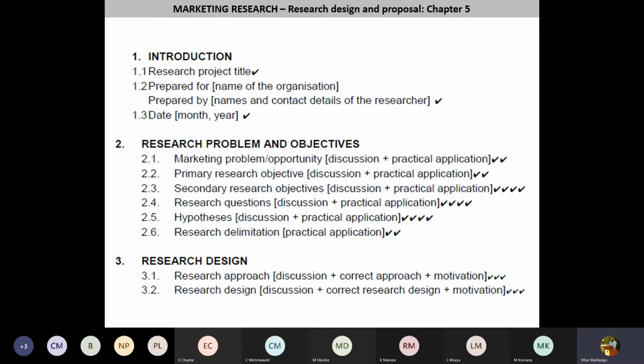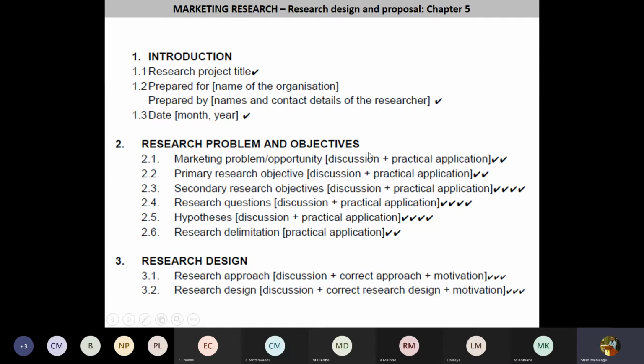So a typical marketing research proposal looks like that. I've already talked about this part. Research limitations, this is where I was indicating that is not in the chapter, so it's the last thing that you have. So we've discussed probably all of this, and this is basically the structure of your next semester test,